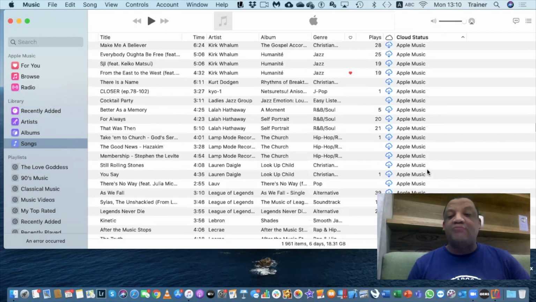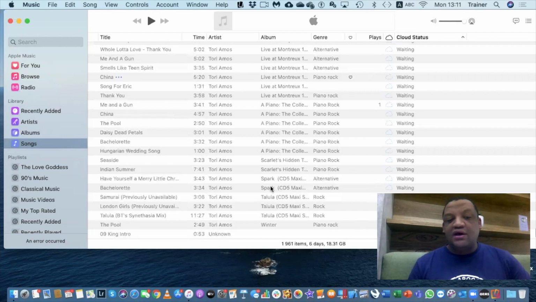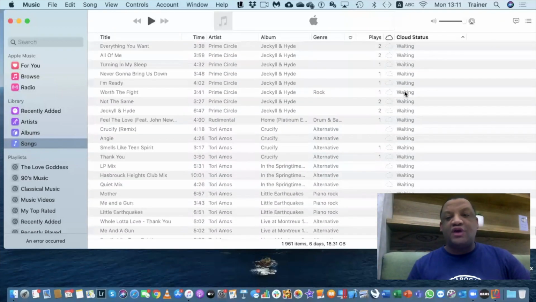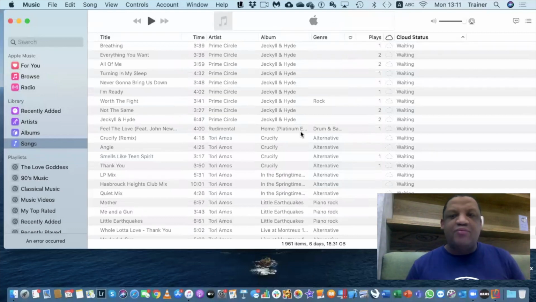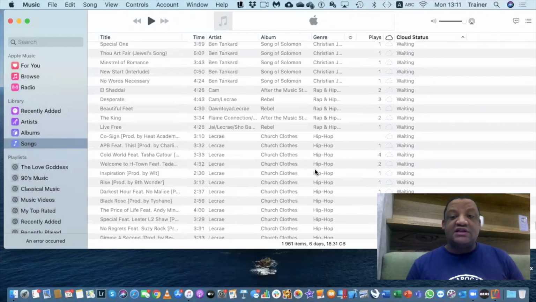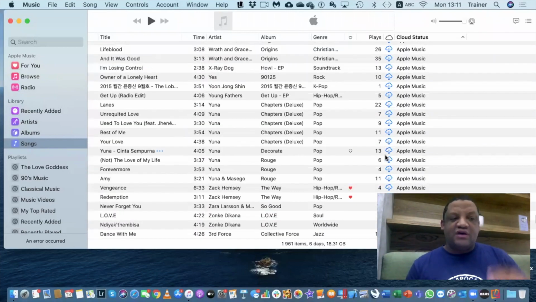Also, the waiting might be that there's an error with a library. When it comes to this, I always tell my clients rather contact us and we can work through it with you and see if we can recover that library or those songs that are sitting in waiting. So this is now how you can see it. Now, the reason why I'm coming back to this is that, as I mentioned to you guys, these that are sitting in my iCloud have now been uploaded, right? And it syncs with my iCloud library, which makes it now accessible on my device as well.